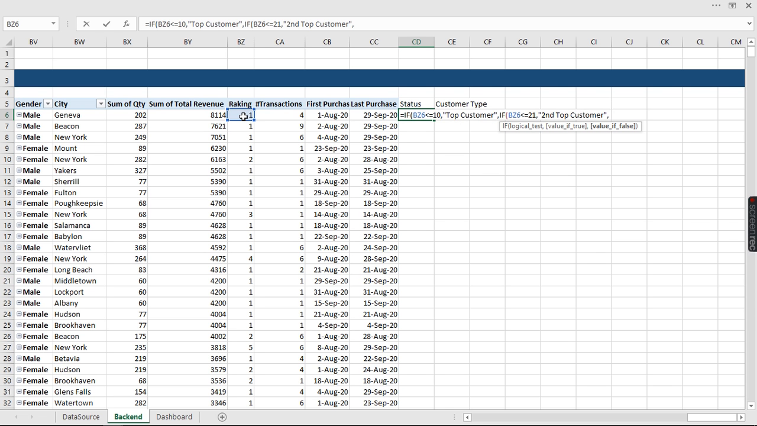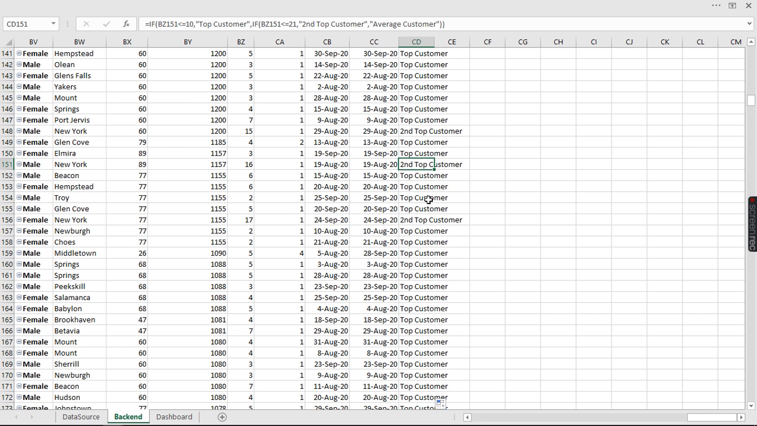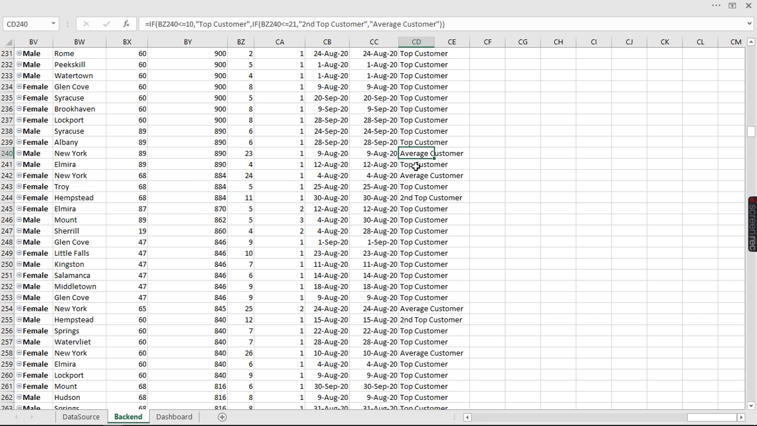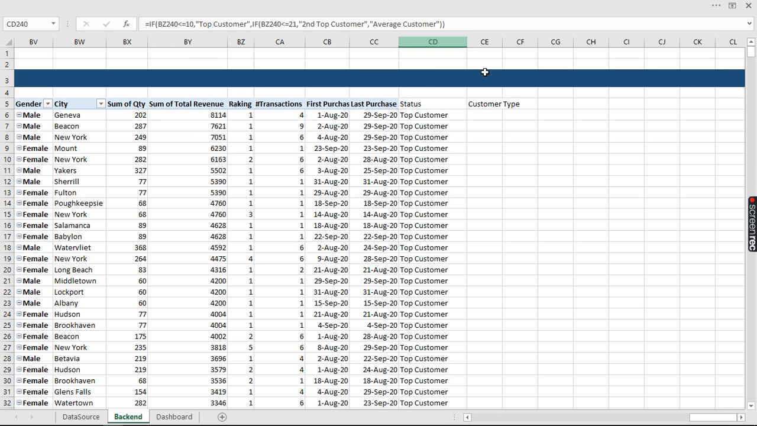So else it should just default to average customer. So average customer, I'm gonna have it close twice. Once I hit enter, this is what I have. I'm just gonna drag this down by double clicking right here. Right now if I keep going down, you see where we have our second top customer, we have our average customer, and all that. That is the first function we need to write to actually pull that aspect of our